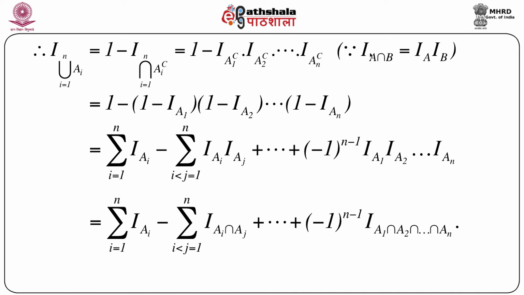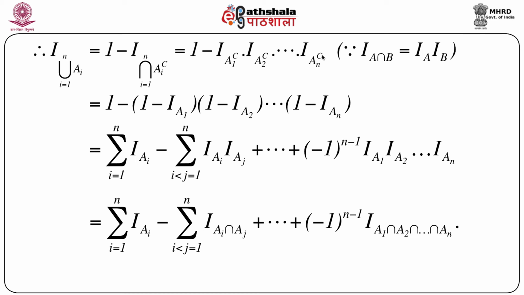Now we know that the indicator of the intersection of two sets equals the product of the indicator functions defined on the individual sets, and we can extend this to many other sets, so that the indicator function defined on the intersection of the Ai complements is nothing but the product of the indicator functions defined on each of these sets. That means it becomes 1 minus I of A1 complement into I of A2 complement into up to I of